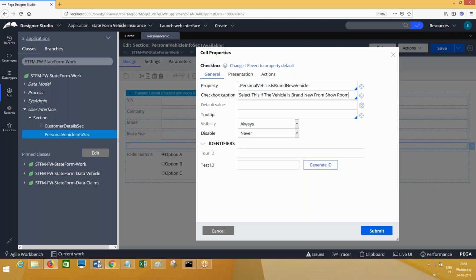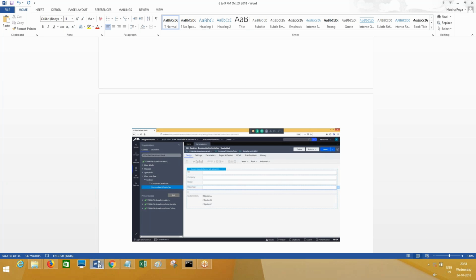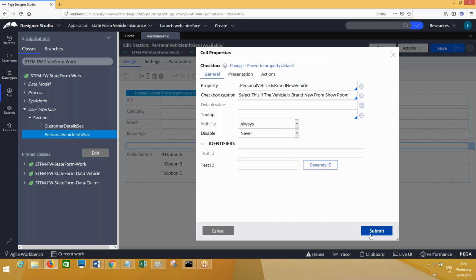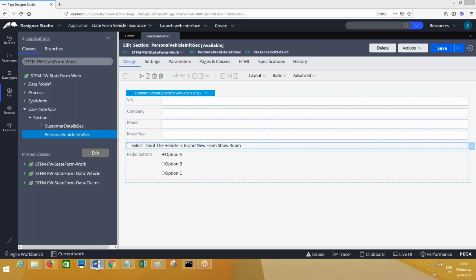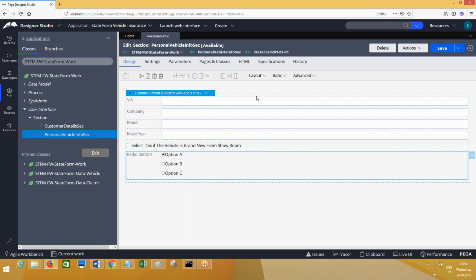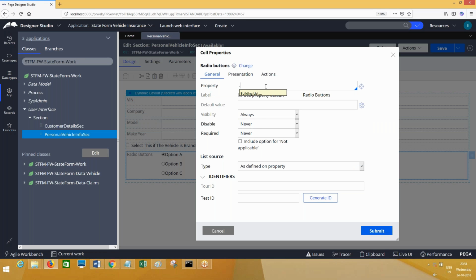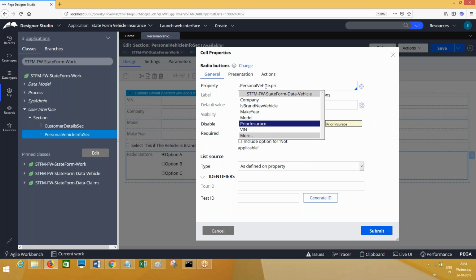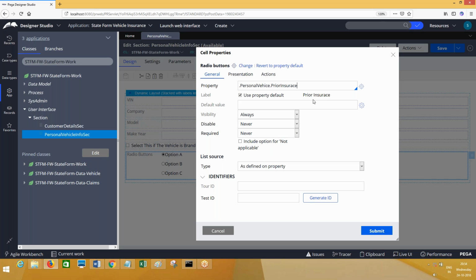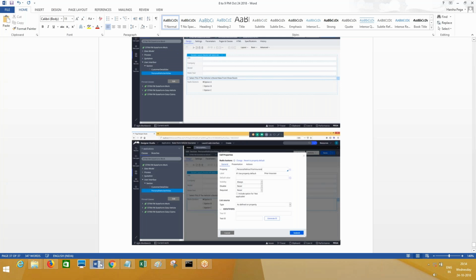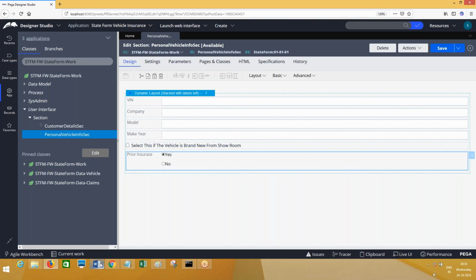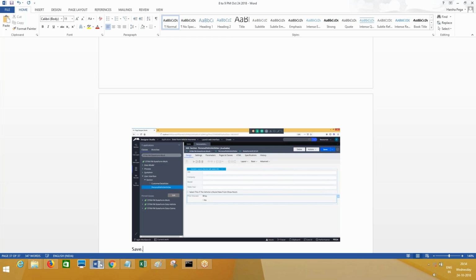Like this, you can manually type it. Okay, now submit this. This is clear, makes sense, everyone? Now the radio button. Double click on the radio button, and here personal vehicle dot, what is that? Prior insurance. This will automatically come. Okay, no need to bother about it. Only for the checkbox the labels will not come. You have to manually type lengthy text if you want to. Okay, up to this is okay.